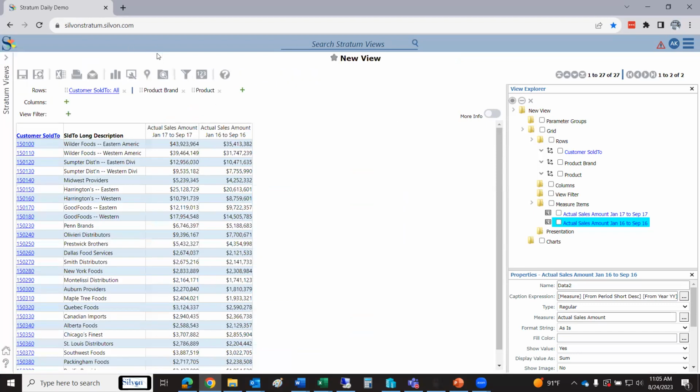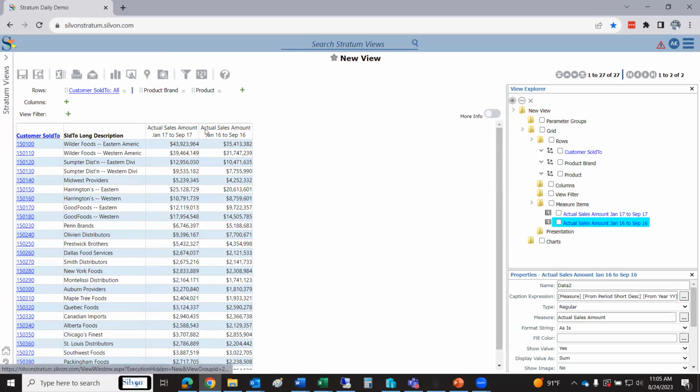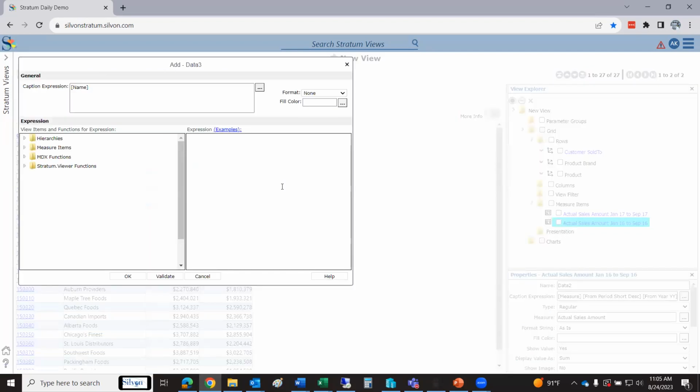All right, so now we want to introduce a new calculated column into the mix. I will now right click and add a calculated measure item. So that's obviously one way to get your calculated column into the view. You'll just simply right click where you want to insert it. So basically I just want it here at the end. So I'll just right click this last data column and do an add calculated measure item. So up pops, at the end of the day, this is where you're going to build your